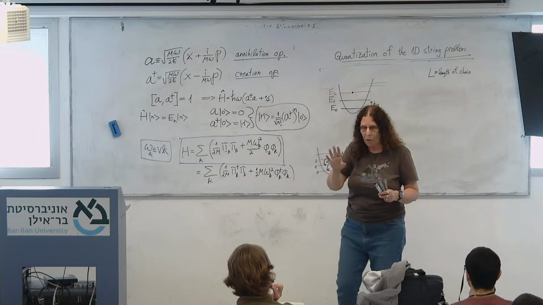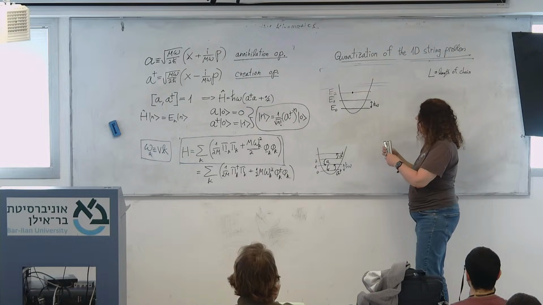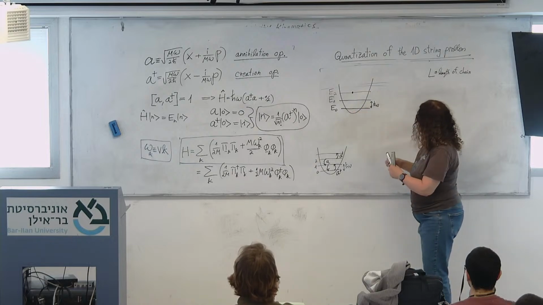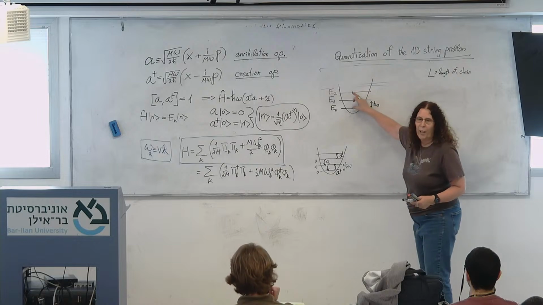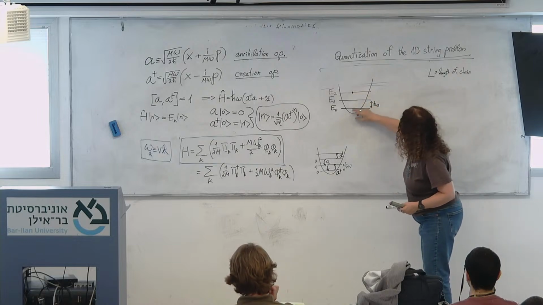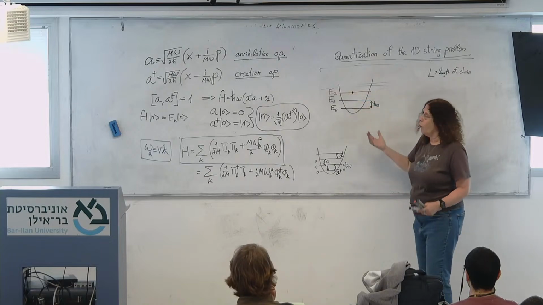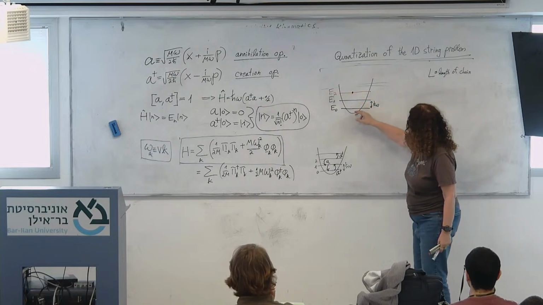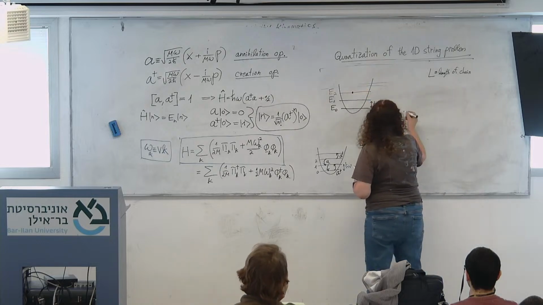It doesn't matter; we also know how the wave functions look, but we're not interested. In terms of energy, having the harmonic oscillator at E2 corresponds to application of a dagger twice. So it's completely equivalent